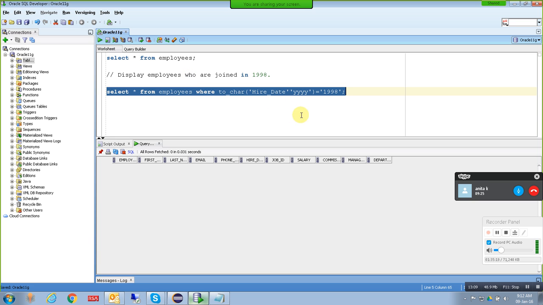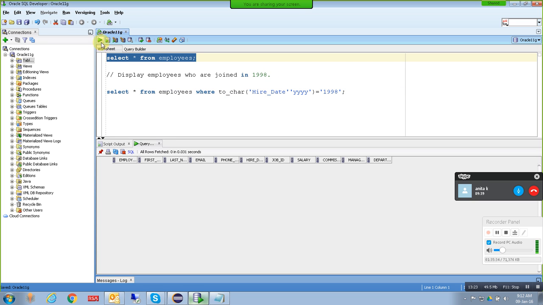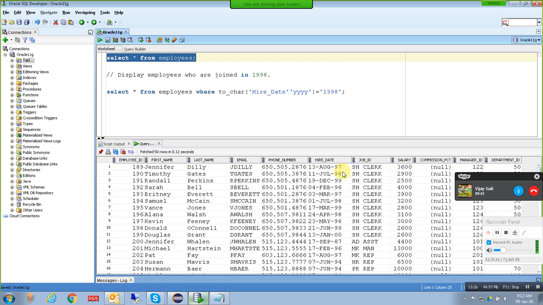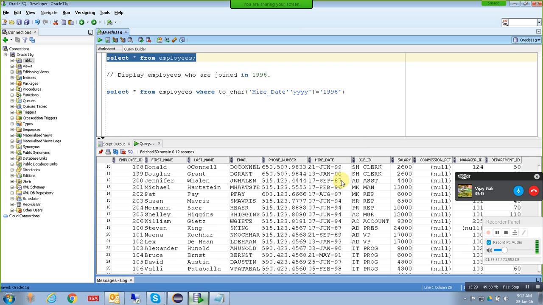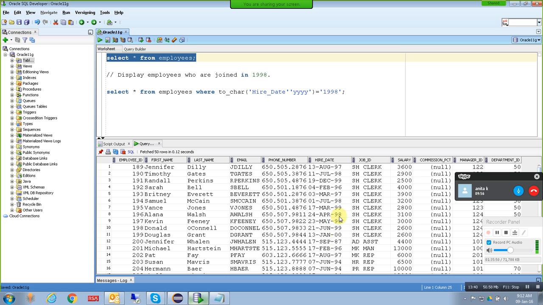Just a minute. From employees, where, okay, so why I haven't got anything: when I run this query, here you have only 2 digits of the hire date. Here it is stored as 2 digits, right? But here I specified 4 digits. 4 digits means it returns 1998. That is fine. But even though the condition is equal, there are no records for 1998. So how can I put this? Just put YY. Okay, now it returns the last 2 digits, and then it will compare the last 2 digits with 98. Now when I run this,